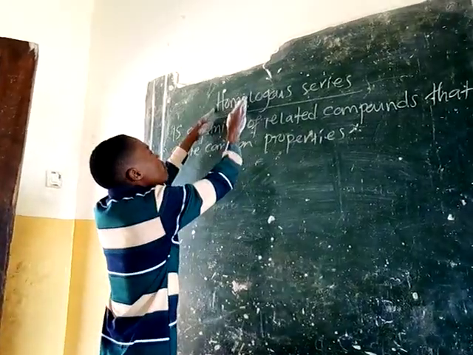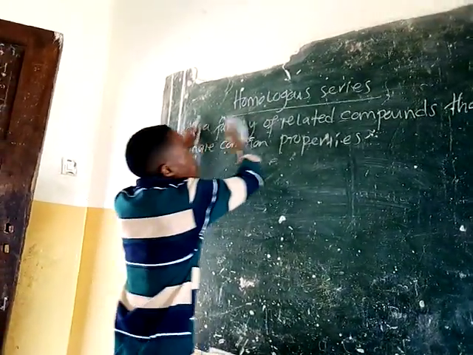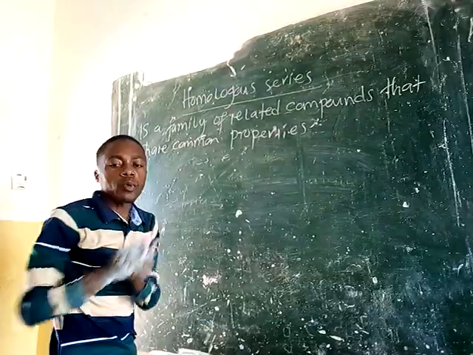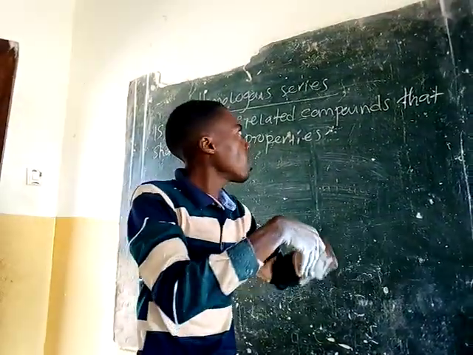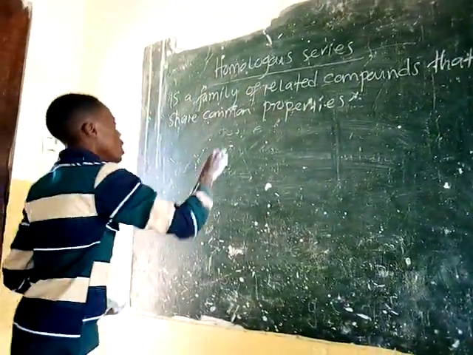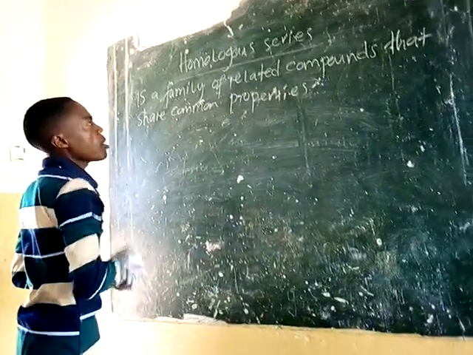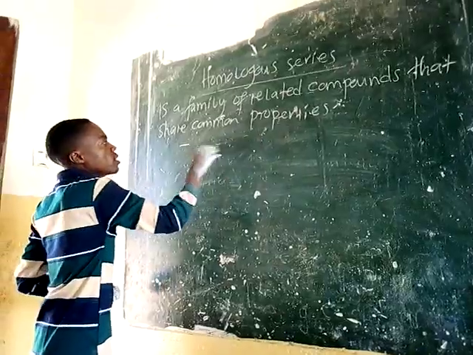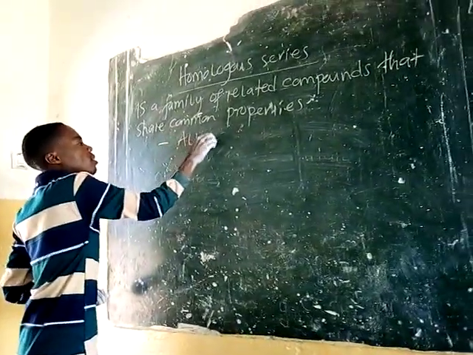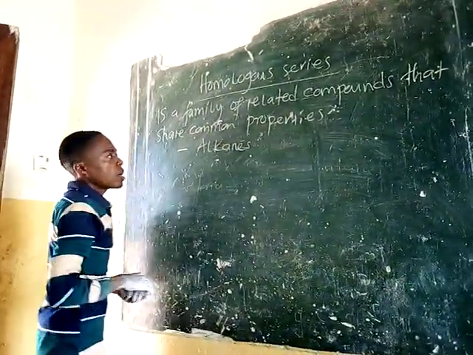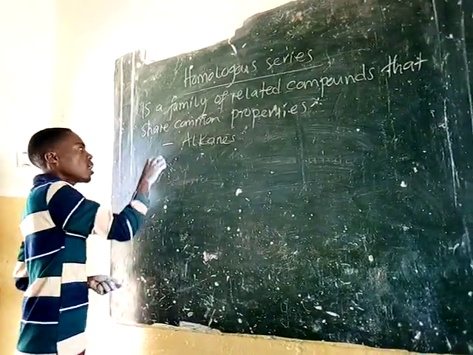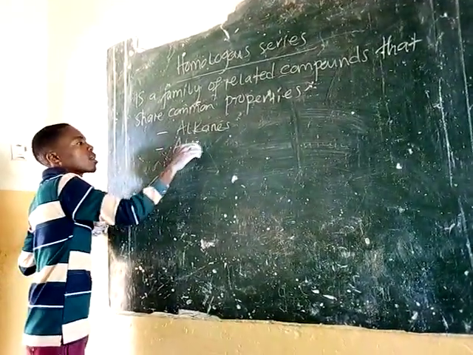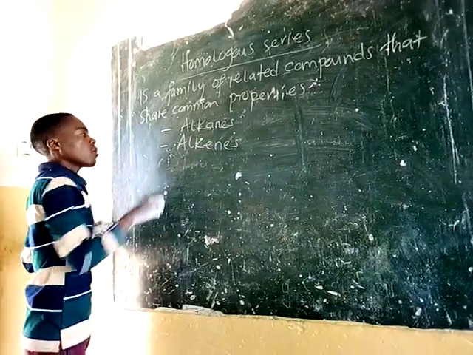The word homo means the same, meaning it is a family of compounds that have the same or share similar properties. Now, the following are members of homologous series. Number one, members of homologous series include alkanes. Alkanes are among the members of homologous series. Other homologous series are alkenes. Apart from alkenes, we have